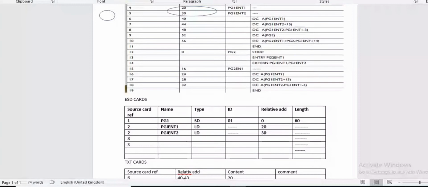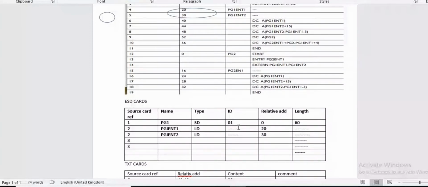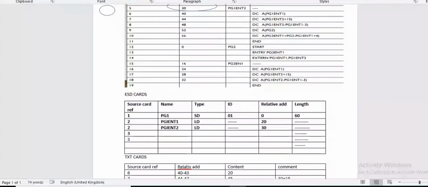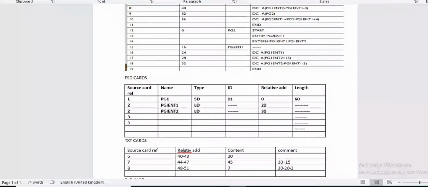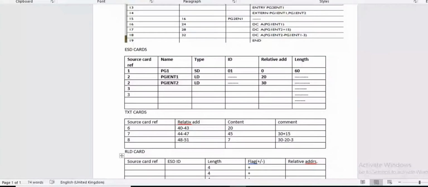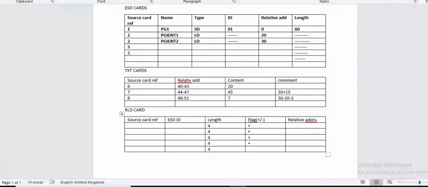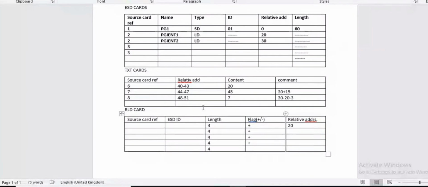The ESD ID is not mentioned, so it is not required to write down its address. Just write down its relative address, that is 20, and the source card number, that is 6.